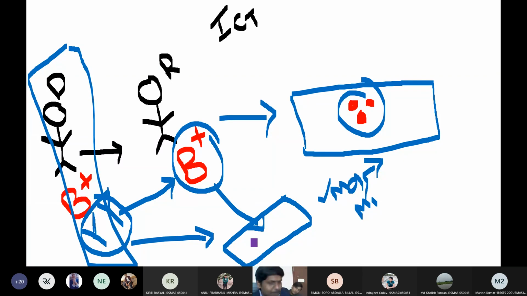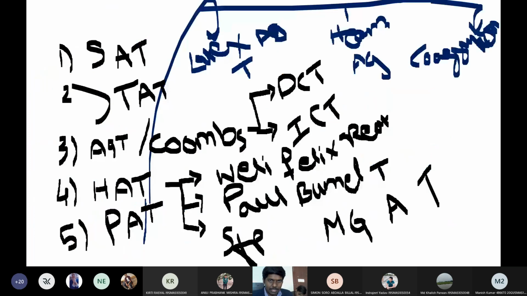But how can we expect that, Kaushal? Will you think that B group and B group will give a reaction? We won't think that. So that is why we will do this major Coombs test. After doing major cross-matching only, we will know whether we need to transfuse this blood to the patient or not, even though they are the same blood group. So before blood transfusion, definitely we must do cross-matching, and that is major cross-matching. Major cross-matching depends upon the indirect Coombs test principle.